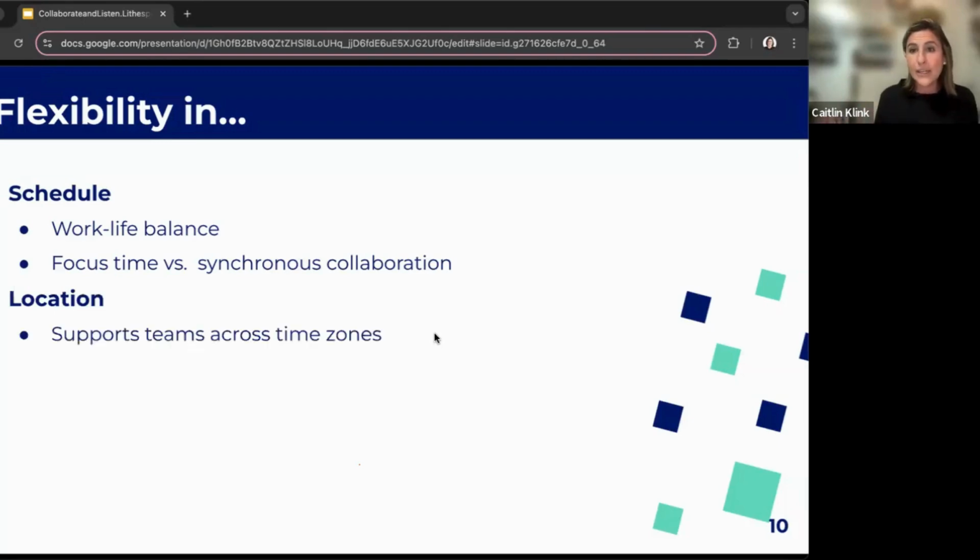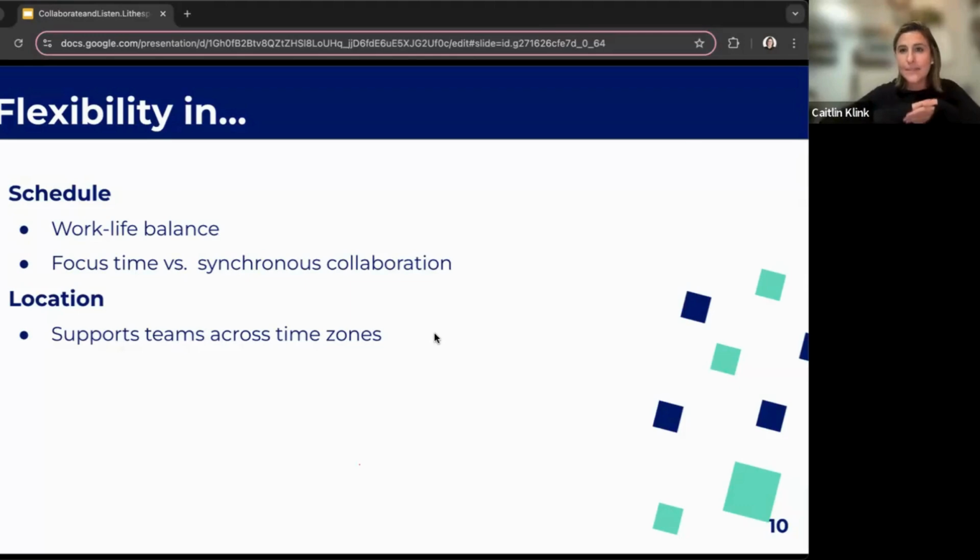So this first one is probably a no-brainer. If I'm working asynchronously and collaborating where I don't need both people present, I am able to collaborate with somebody across the globe. I have a coworker who may or may not be on this call who is on the other coast, and he starts his day super early to accommodate East Coast schedule times. With more asynchronous flexibility, he might be able to start his day not at 4 a.m. his time and maybe at 9 a.m. his time. More mature teams need less overlap.